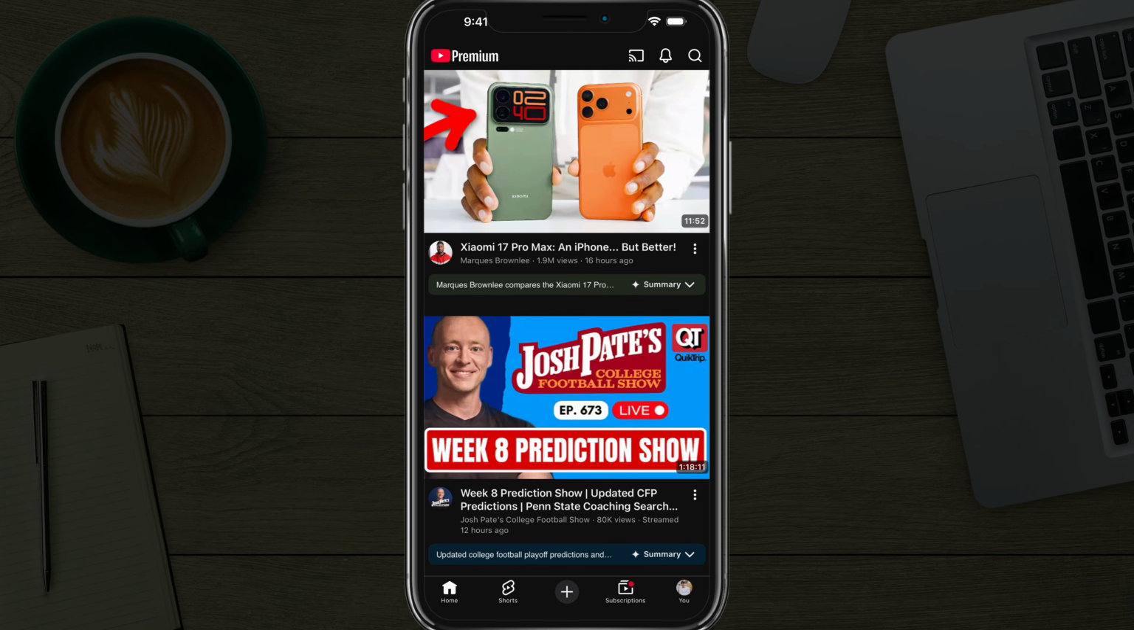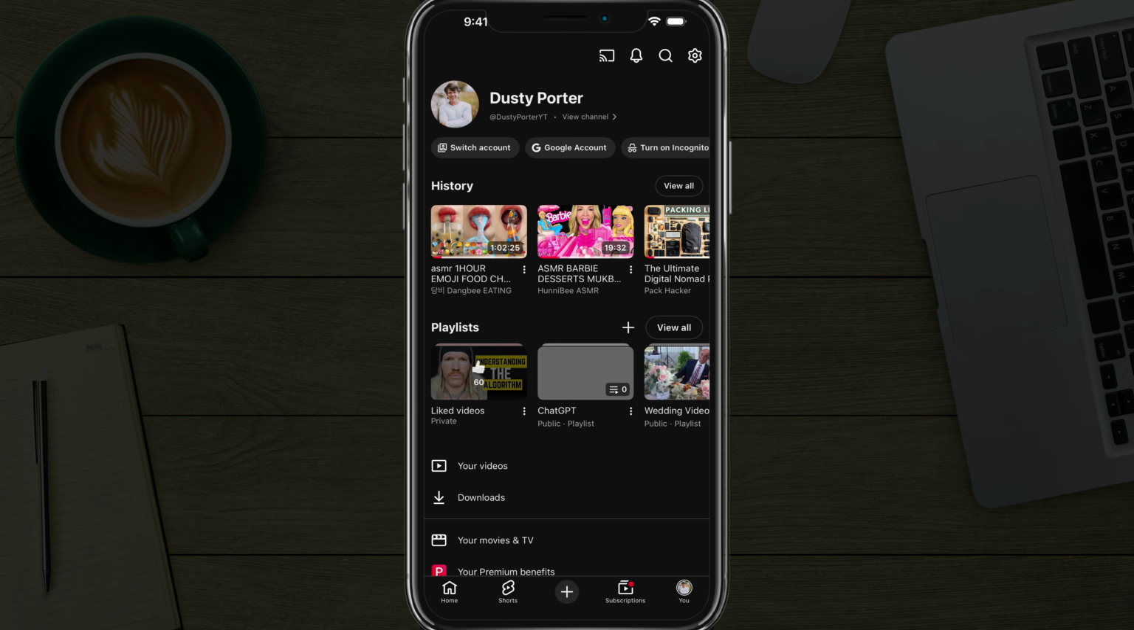In order to reset your home or browse feed on YouTube, you want to go ahead and open up the YouTube app, as you see I've done here, and tap on the You button there. It's your profile in the bottom right-hand corner. Once under You, you then want to go up to the settings or gear icon in the upper right-hand corner, tap